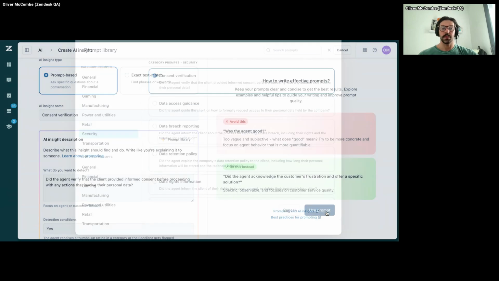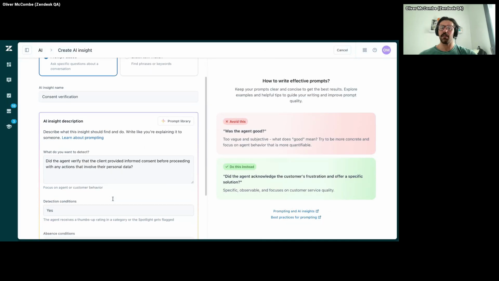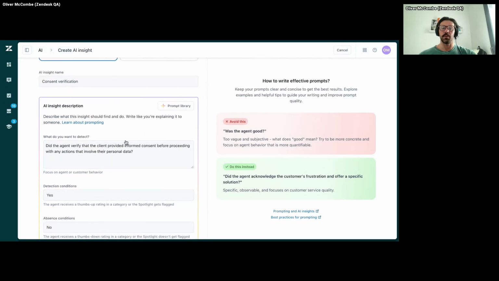And we'll use that prompt. And so it's given us the name, it's given us the description. Did the agent verify that the client informed consent before proceeding with any actions that involve their personal data? Fantastic. If this meets our need, great. We can move forwards. If we want to add additional bits of context, make the prompt even clearer, we can